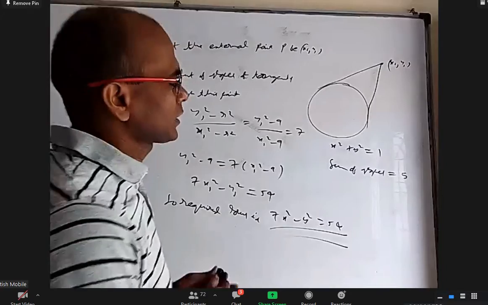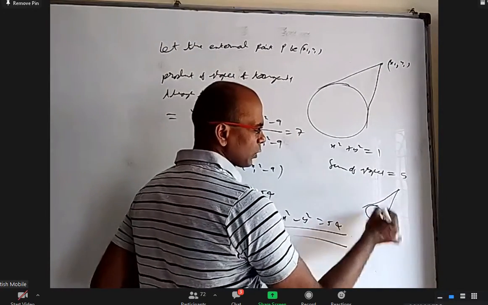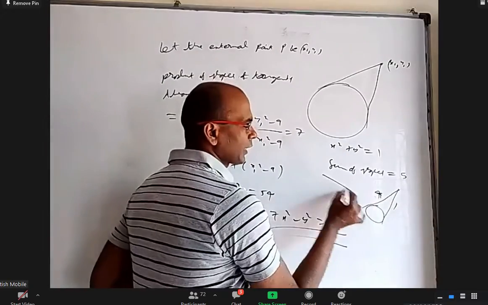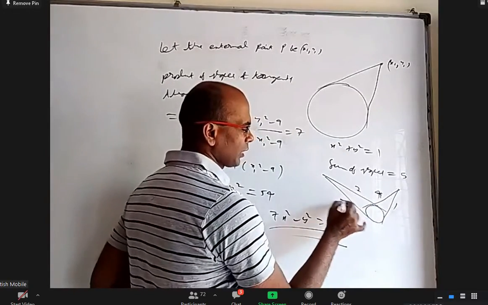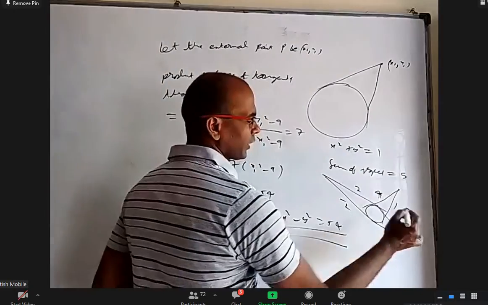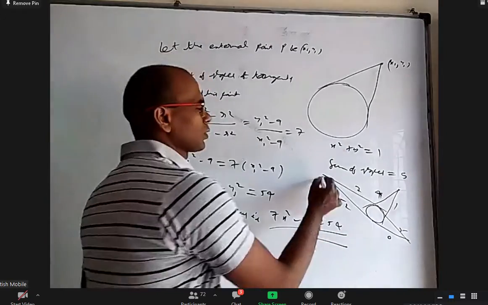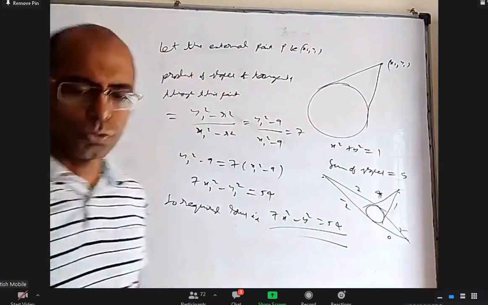Okay, once again, basically we have a circle. Somebody can draw two tangents with slopes 4 and 1. Somebody can draw two tangents with slopes 7 and -2. Somebody can draw two tangents with slopes 0 and 5. But every time the sum of the slopes is 5. What is the locus of this point, this point, this point? That's the question.